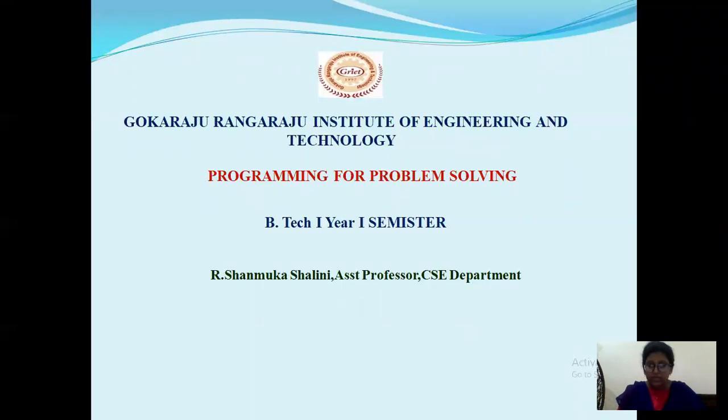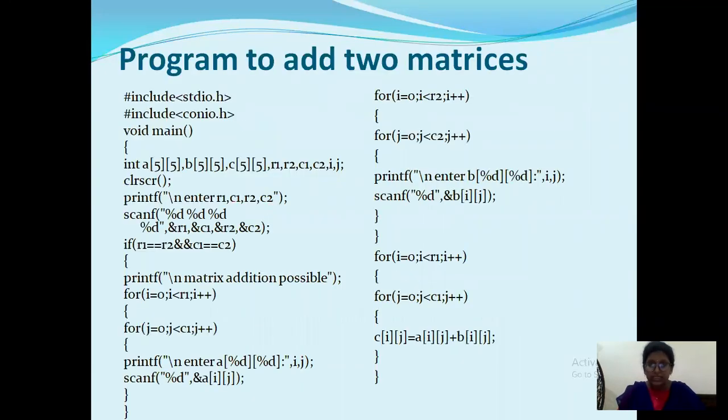Rows and columns. So for suppose if you want to print the addition of two matrices, you require a table of data. It requires rows and columns. Let's see this example to add two matrices. Okay, for adding two matrices, you require three variables of type array. So here A, B and C are nothing but arrays, and R1, R2 are nothing but the rows, row 1 and row 2. C1 and C2 is nothing but column 1 and column 2.